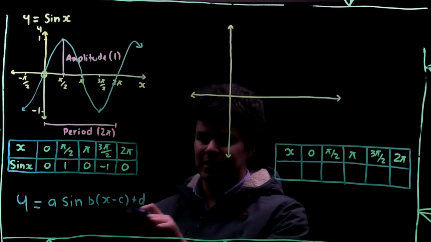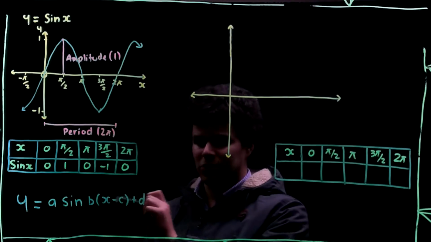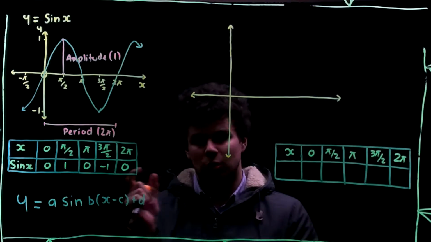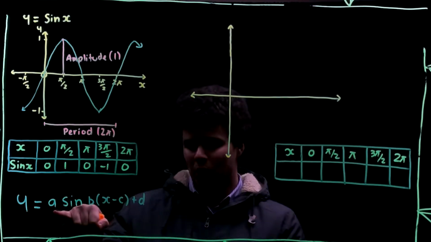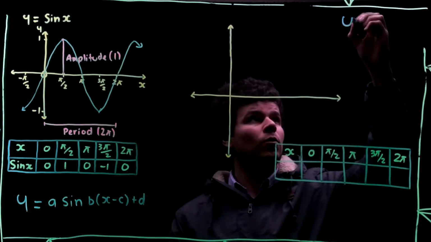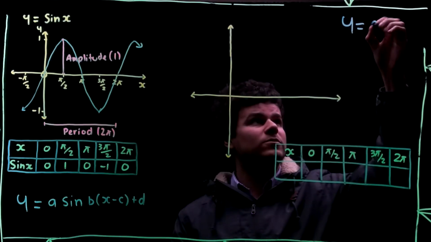But we're actually going to have a look at what each of those things do. There's an a, a b, a c, and a d, and we're going to look at what each of those individual things do. So let's consider them in isolation, one at a time. Let's consider just what this a at the front might do. So let's start with what it would look like if we had y equals a